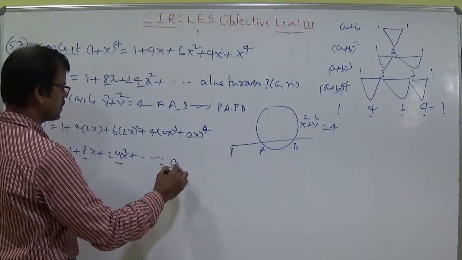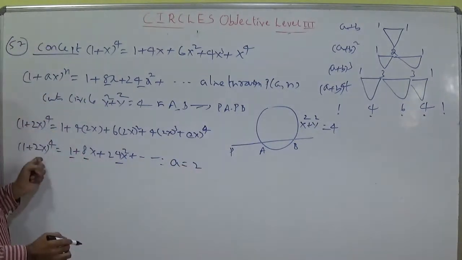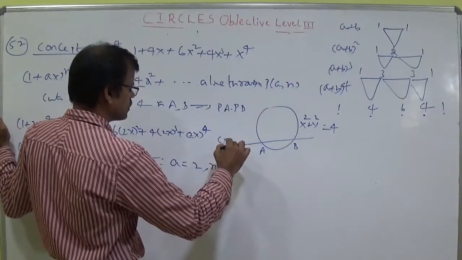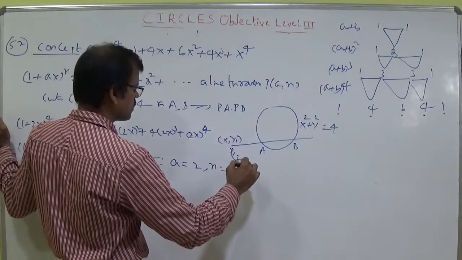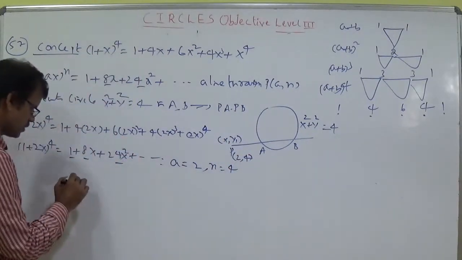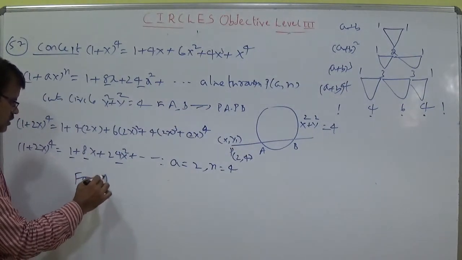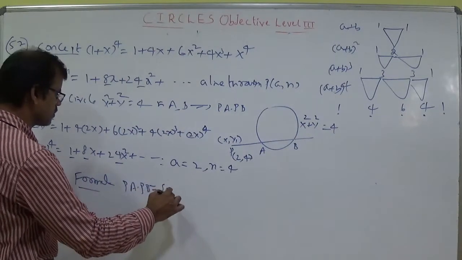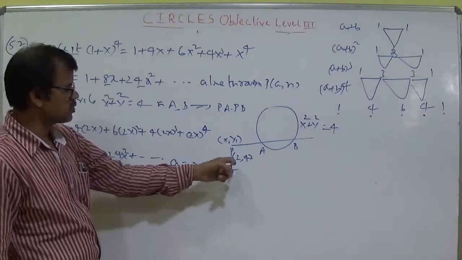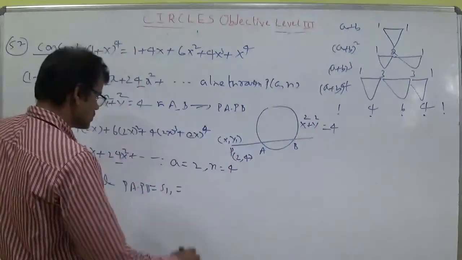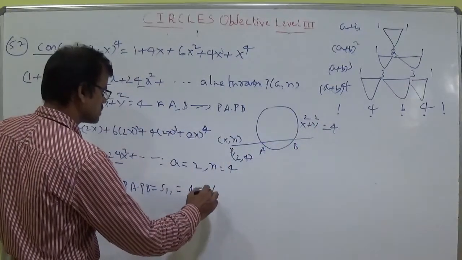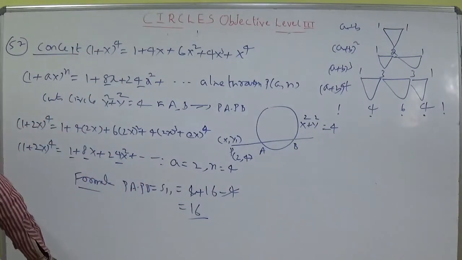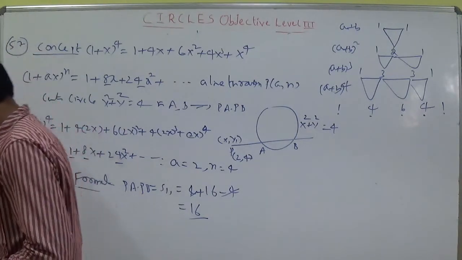Therefore you conclude here A is equal to 2 and n is equal to 4. So P(x1, y1), the point, is (2, 4). The formula I am writing according to IPA, I said the proof also: PA dot PB is equal to S11. That means substitute the value (2, 4) here. So S11 is equal to 4 plus 16 minus 4. 4 and 4 will get cancelled. 16 is the answer. According to the options, it is the third option.